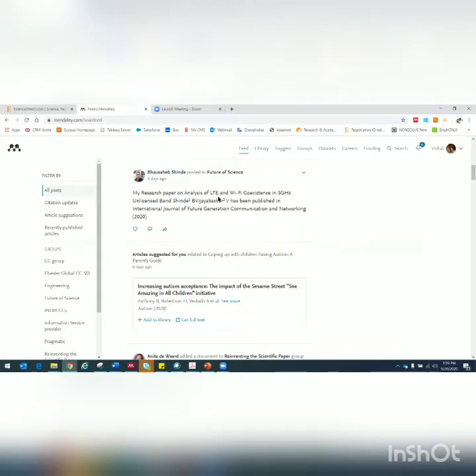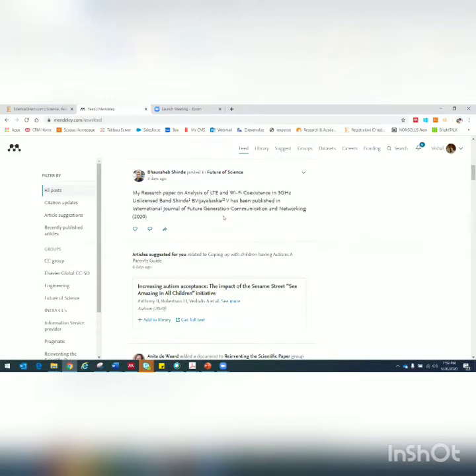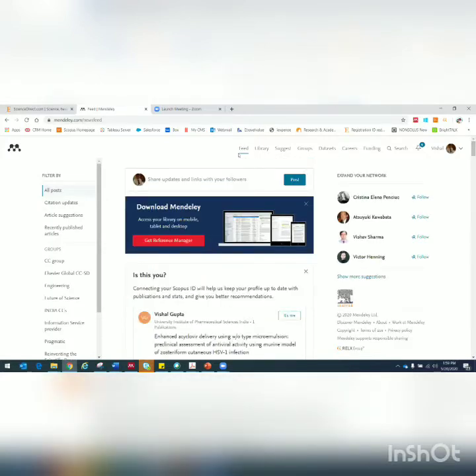This is what I was telling you. You should promote your paper. Now this person has posted it in a group, and see, it will get so much visibility. People will now be interested to go and look at his paper, right? This is really something which I think all of you should do. Right, so this comes under Feed, this particular section.